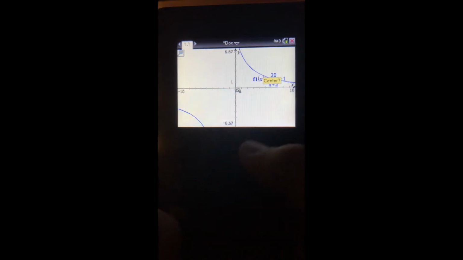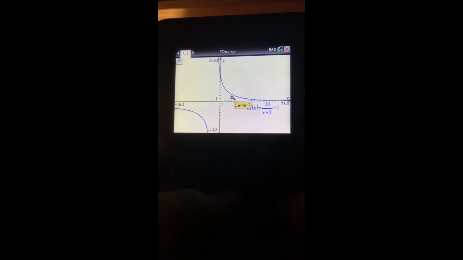So I have to put in 20 over x plus 2, minus 1. And this is the function given. And I have to zoom out because the function is too small. So zoom out this area. And this area is given. And I have to calculate from 0 to 6 the bounded area, which is the integral, and is also the volume that leaked. So what I'm going to do is open menu, go to analysis and analyze graph,